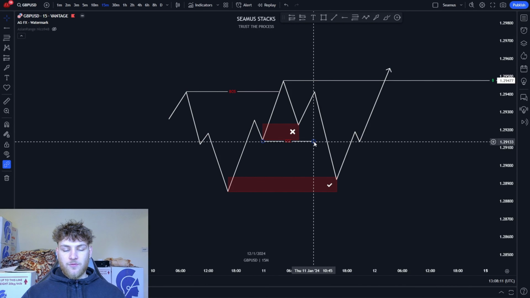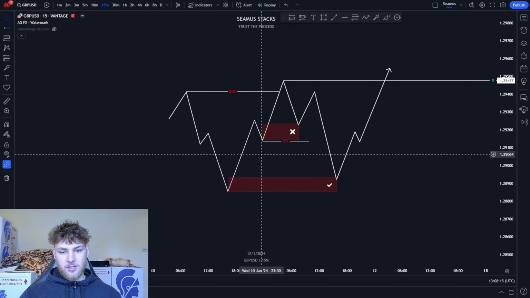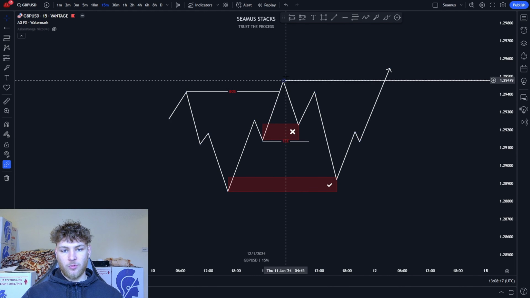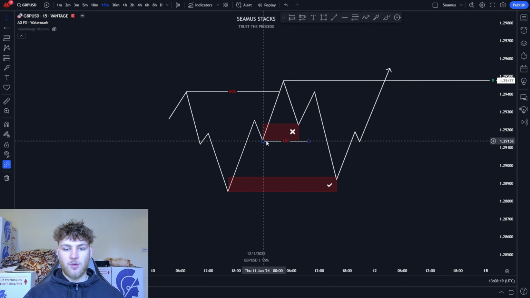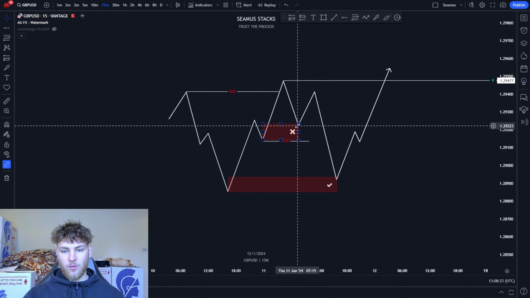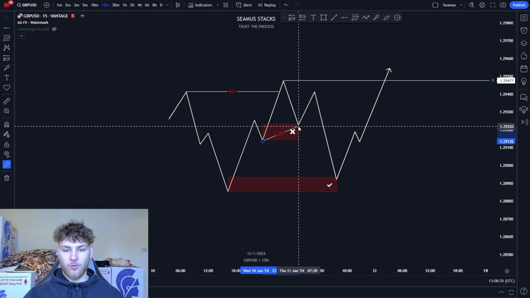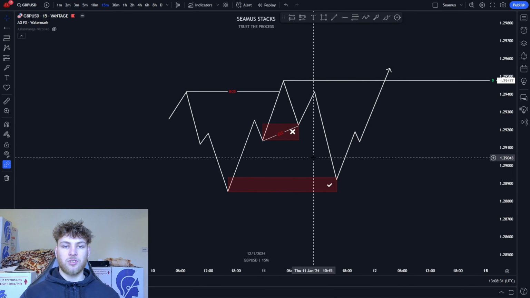Now what that has done for us is actually built up more liquidity. So we already had this liquidity here from this base before we got that drive up. So there's resting sell side liquidity here. And then we got more built up liquidity after people would have decided to enter here. So now we're looking for a zone which has liquidity resting after it, okay? Why are we doing that? Because like I said earlier, we're trying to trade with the institutions and they need opposing liquidity to get filled